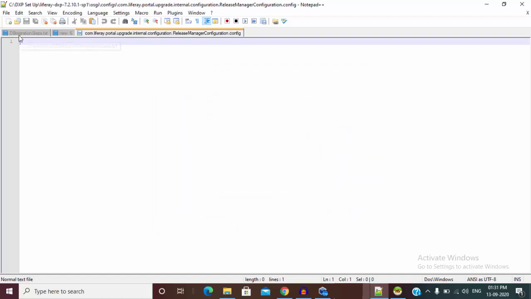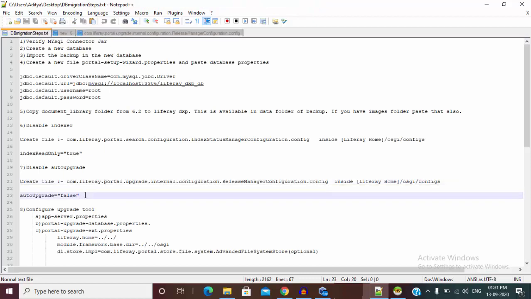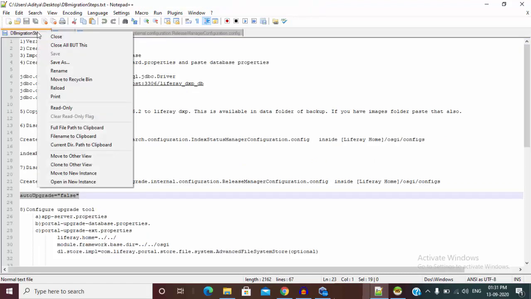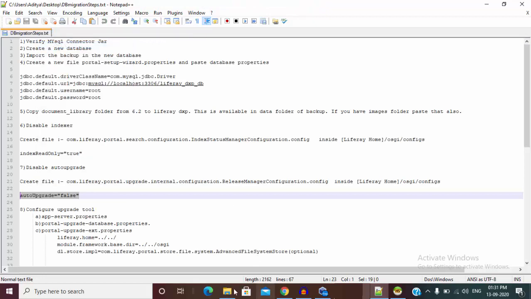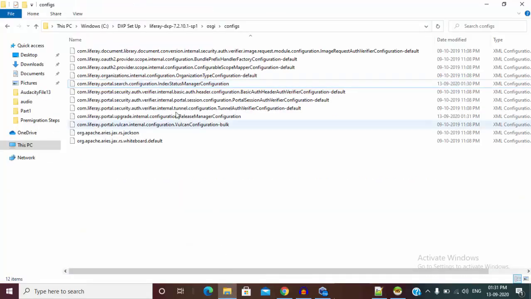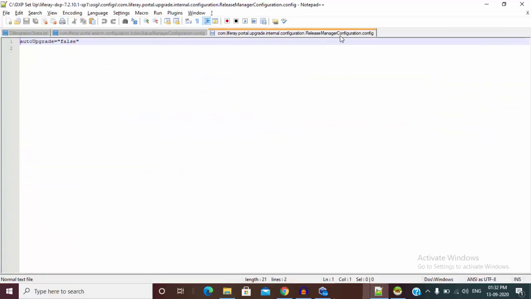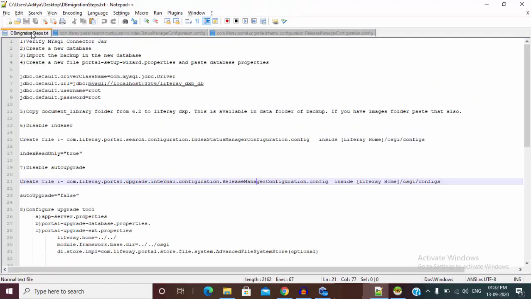So this file is also created, and just write auto upgrade equals false and save. Now as you can see, we have this file, the index status manager configuration, and the second one is this. Let's open both and verify one more time. So yeah, one file contains auto upgrade equals false, and the second file contains index read only true.